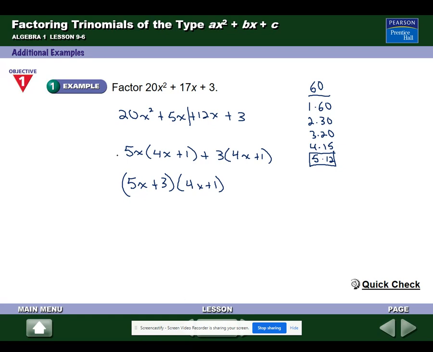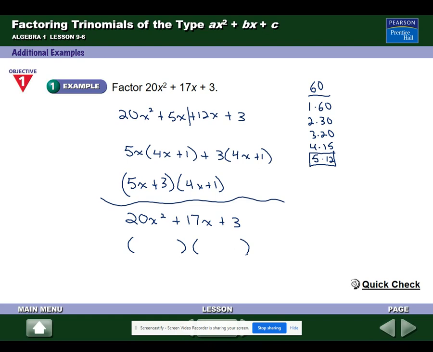Now, let me just rewrite the problem again. Let's suppose you're not a factoring by grouping person. You've practiced this a few times. Maybe you practice it again in 9.6 and you decide that you prefer a different way. The other way is simply trial and error. Now, I have my own set of directions for trial and error. So if you're going to be a trial and error person, you haven't heard me say this before. And my advice to you, if you're going to do trial and error, is